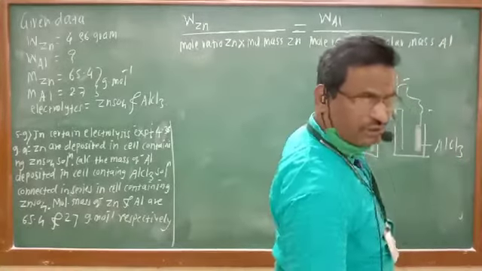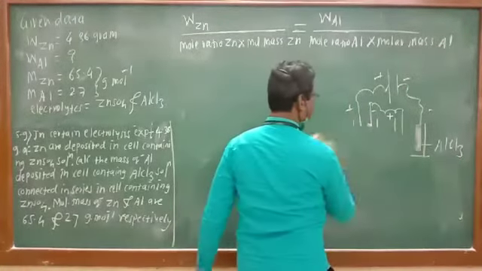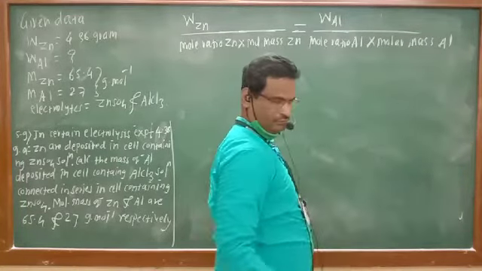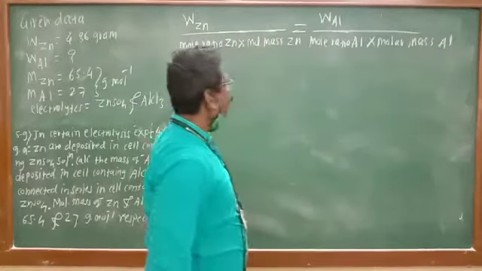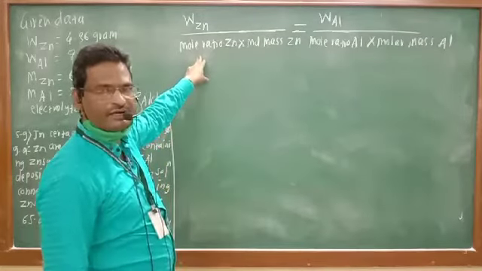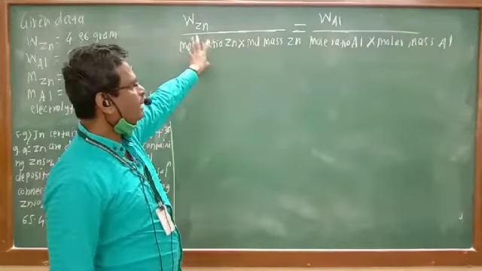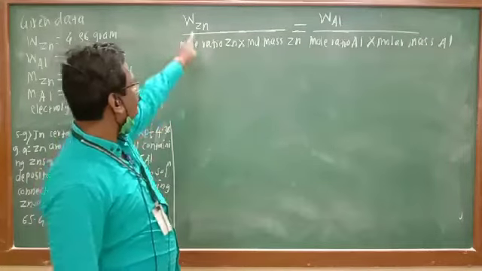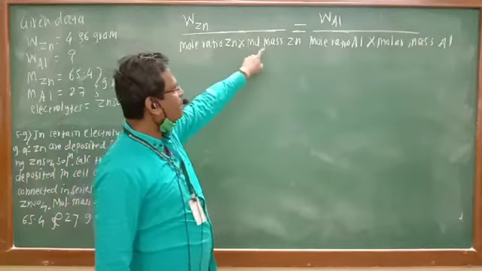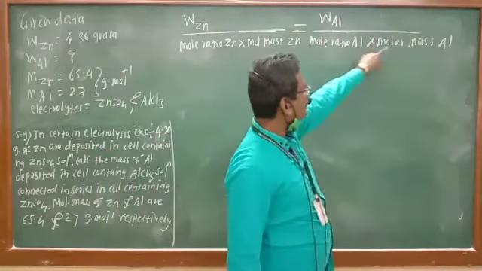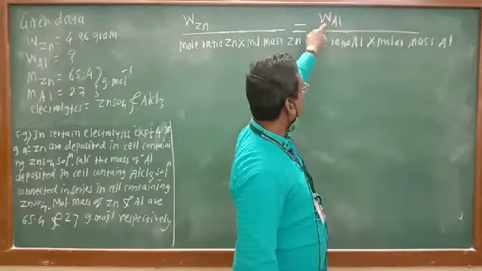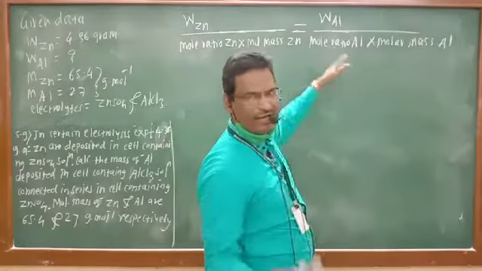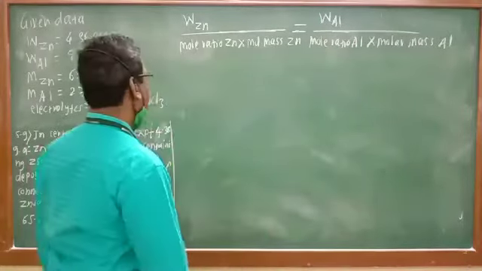This formula we have studied in the last lecture only. How to derive this equation also we have seen. You may observe the video once again, lecture number 10. How to derive this formula we have studied in detail. Now, weight of zinc is known, molar mass of zinc is known, molar mass of aluminium is known, weight of aluminium we have to calculate, and mole ratio of zinc and aluminium is very easy to calculate.